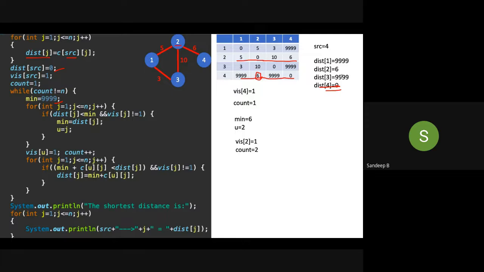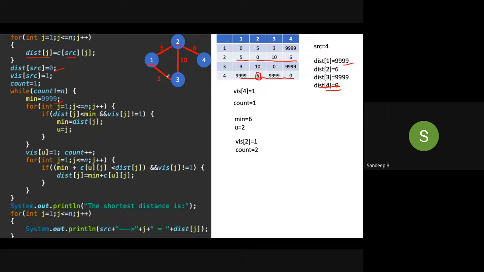Whether 11 is less than 999? Yes, true. So update that: distance of j, that is distance of 1, is equal to 11. Distance of 1 is equal to 11 means from 4 I can reach 1 with the distance 11.